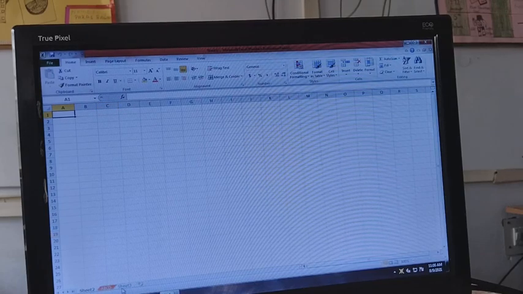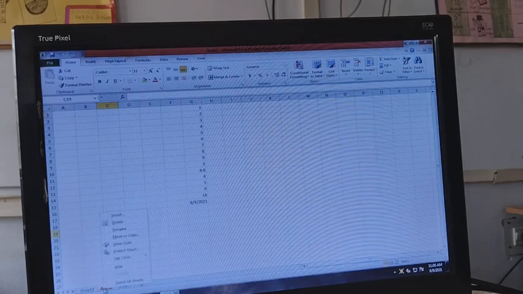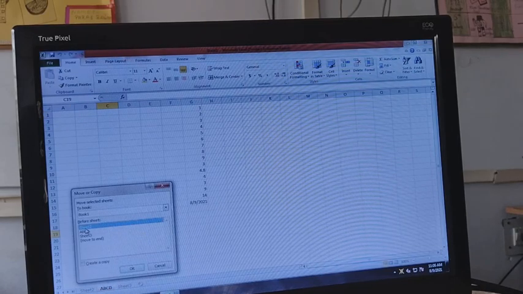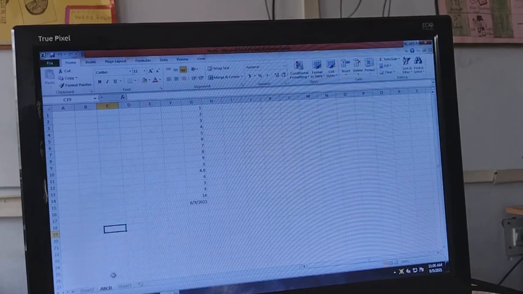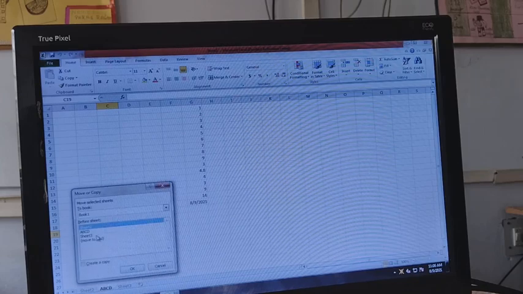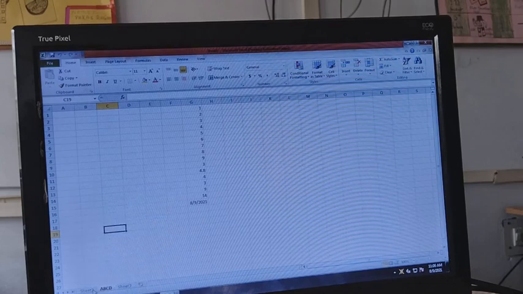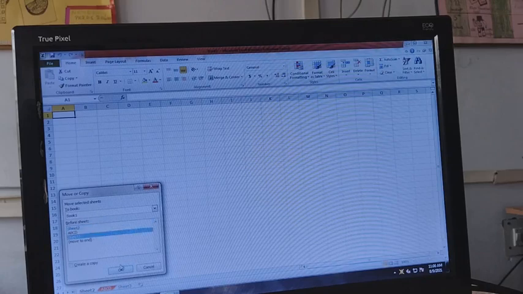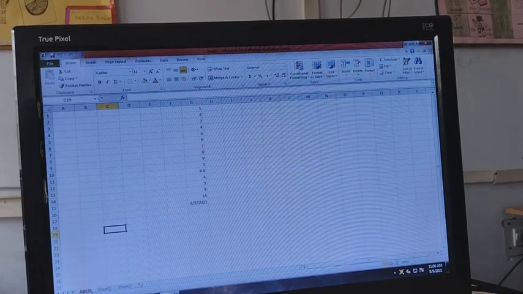So wherever you want you can do it by right clicking, move or copy, you can move it here, then OK, then it will end. If you want to move it to Sheet 3, then you can click OK. Wherever you want it will change, or if you want to copy you can copy it. So it is up to the user how the user wants the data.